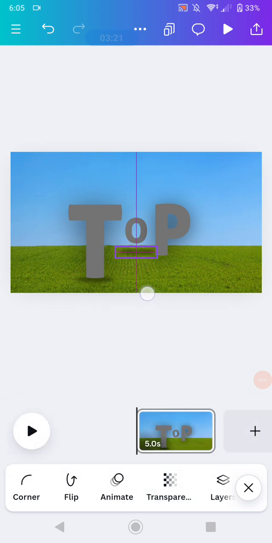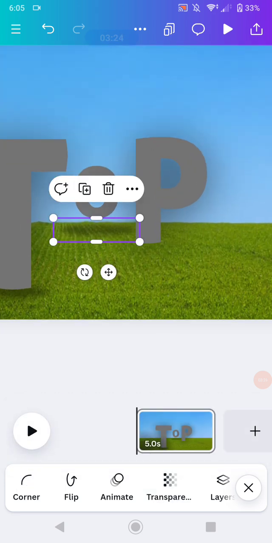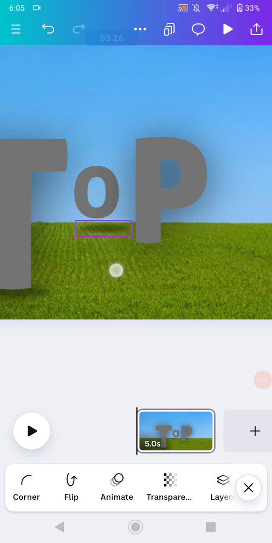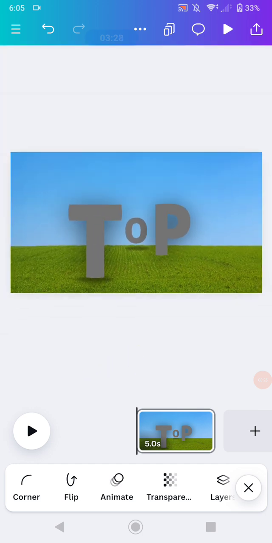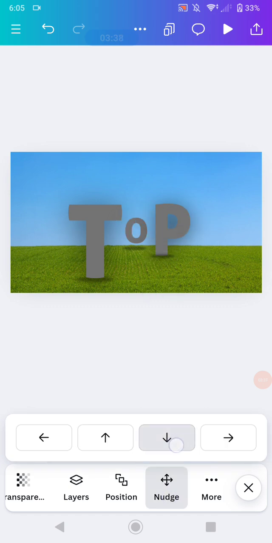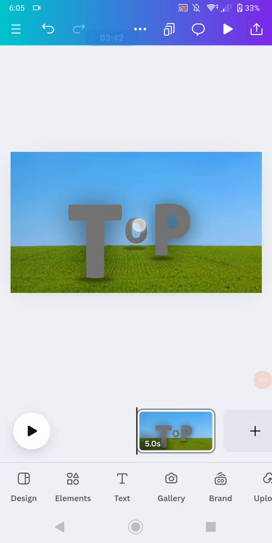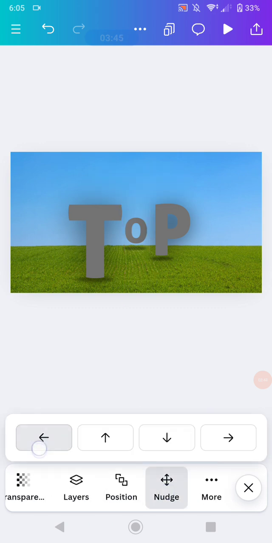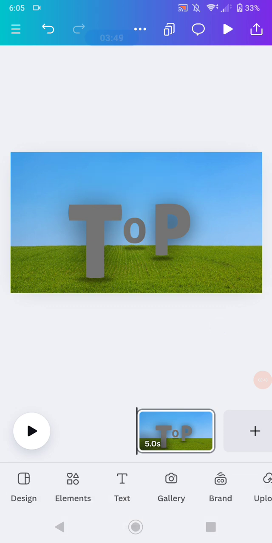Duplicate it and put it on every single word like this, and then wait for a moment, duplicate it again. The last part is the P like this, and then positioning it, I will put it here. Okay, and this one I will move to this side. After finishing, this is the result that you will get, and that's the way how to add a floating effect on your typography